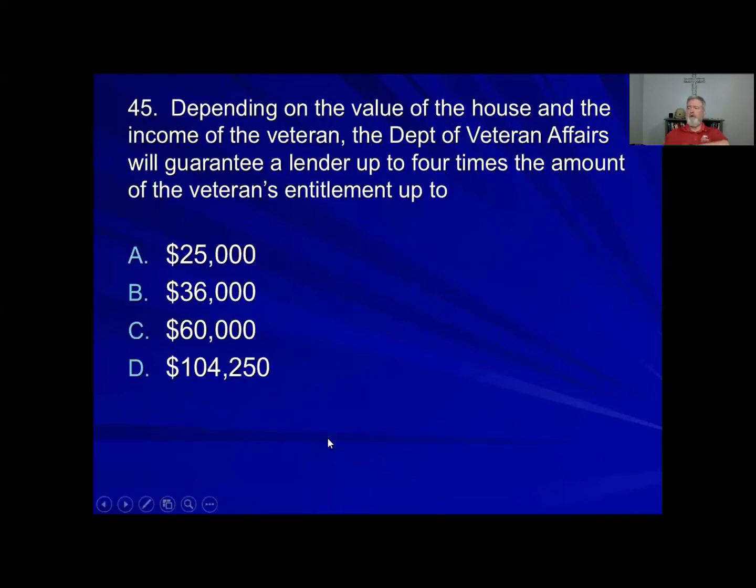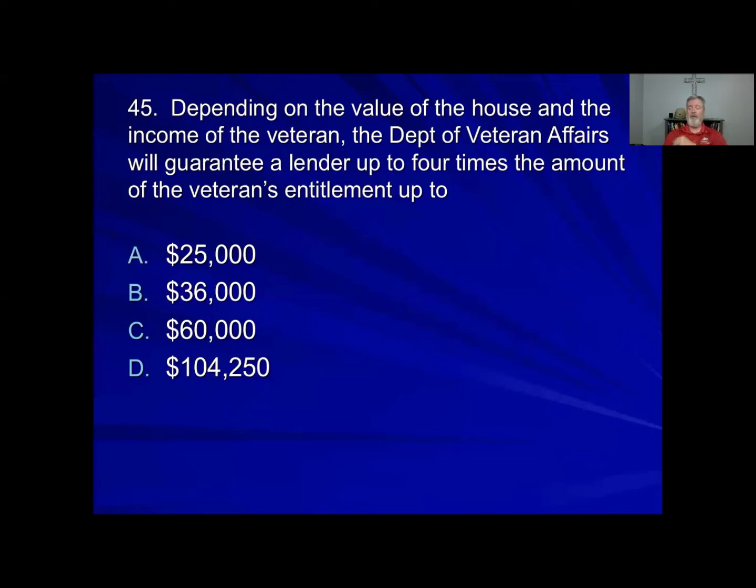Next question. Depending on the value of the house and the income of the veteran, the Department of Veterans Affairs will guarantee a lender up to 4 times the amount of the veteran's entitlement up to. So now I will tell you, this really is another memory item, honestly. But what the question is saying here, it's not asking how much will they loan. First of all, the VA does not loan money. What does the VA do? They guarantee the loan, right? They don't make the loan, but they'll tell the lender, you make the loan and we will guarantee the loan